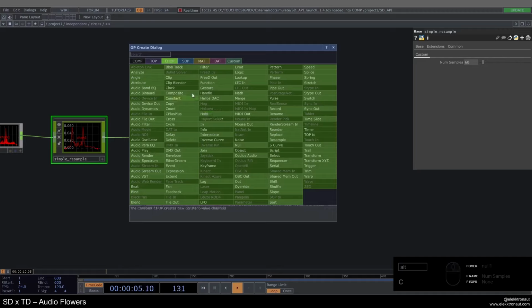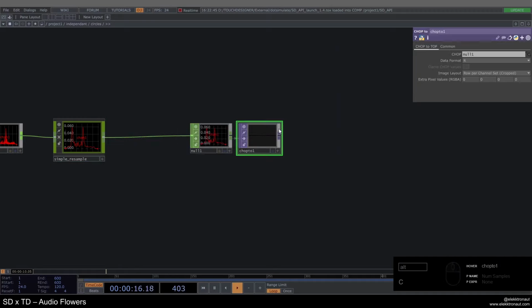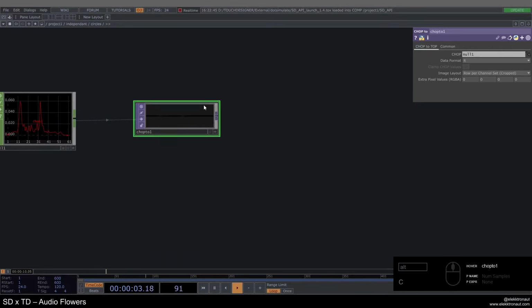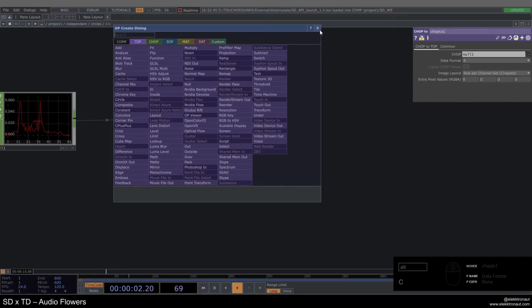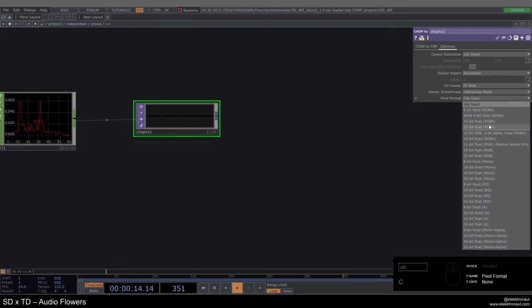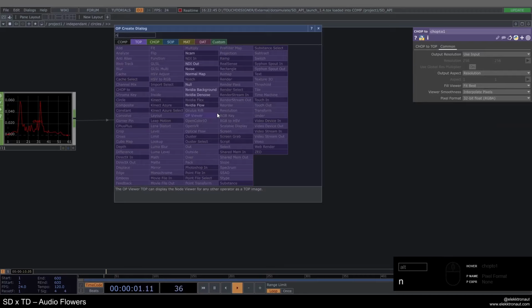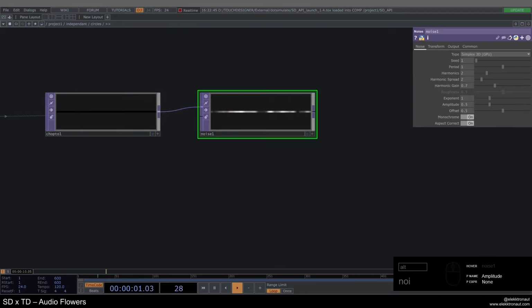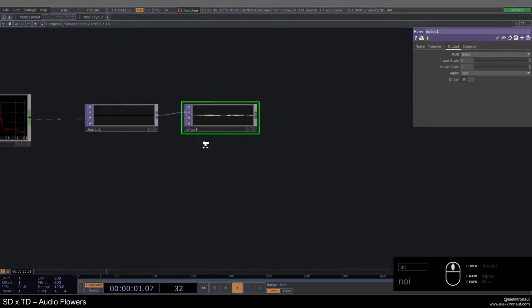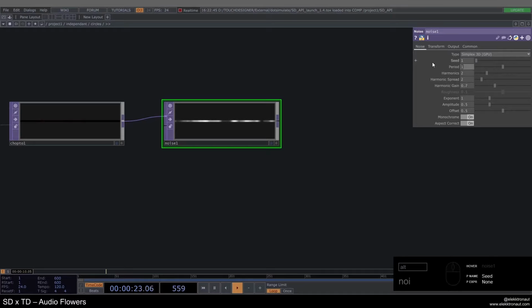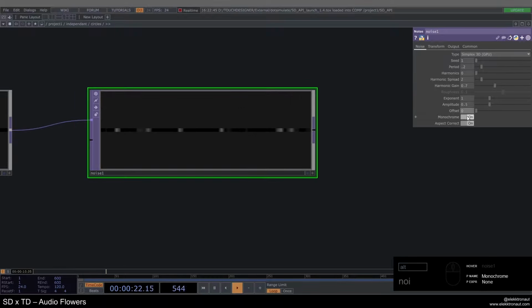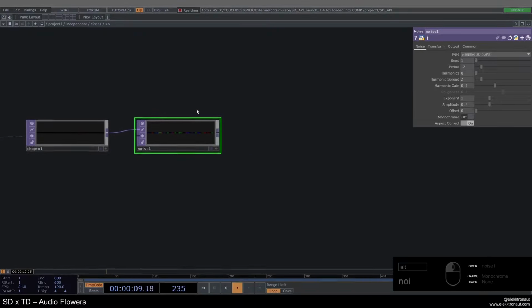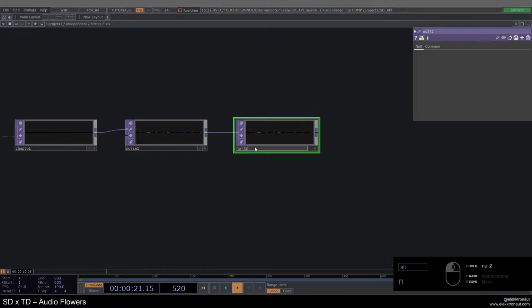And from my null, what I want to do, I want to convert this into tops. And we're going to create a bunch of different branches from here. So first off, I'm going to add a noise. Actually, on my chop too, I'm going to change the pixel format to 32-bit float RGBA. Add a noise. And on my noise, I'm going to change a bunch of things. So first off, on my output, I just want to have noise. I don't care about the input here. I'm going to go down for my period, 2.2, and no harmonics. And I'm going to go down with the offset, turn off monochrome, and then add another null and call this